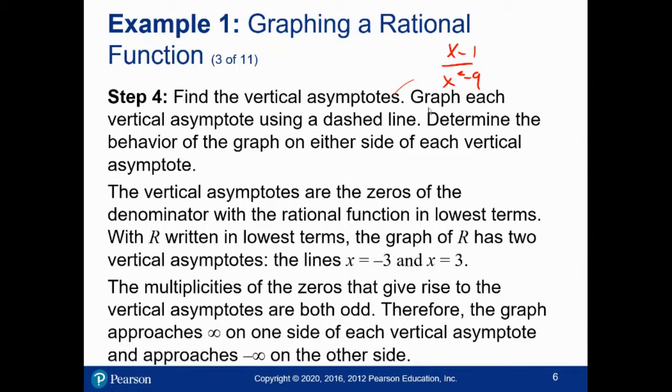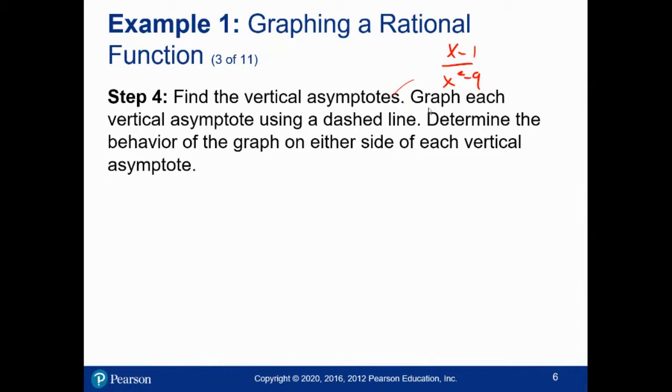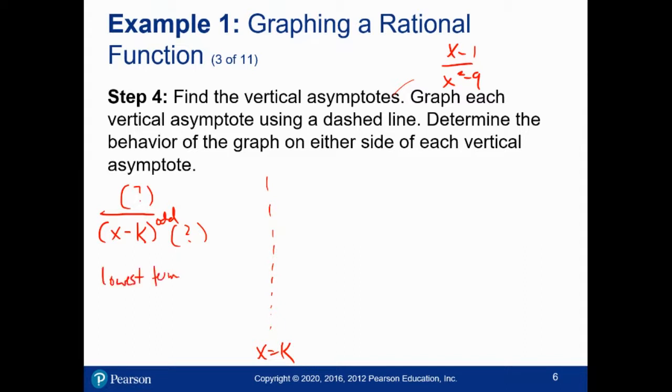Also, there's a bit of analysis given in this slide that wasn't mentioned on an earlier one. I'm going to clear out some space here. So imagine you have something over (x minus k) to an odd power. So I have a vertical asymptote at x equals k. What does it do on opposite sides? Okay, so there's something on the numerator, and there might be other stuff in the denominator. But since I'm in lowest terms, the numerator is not 0